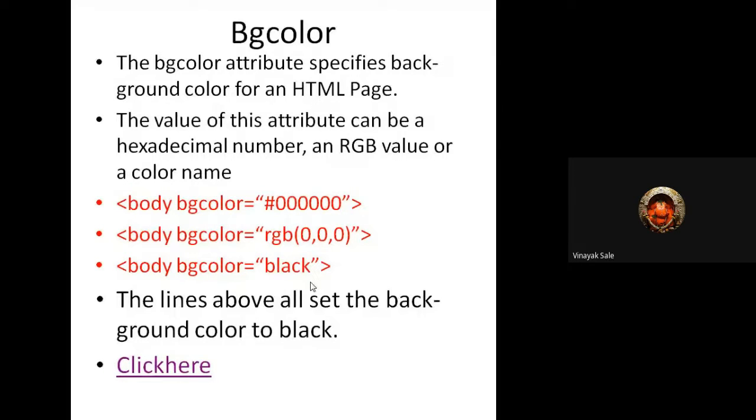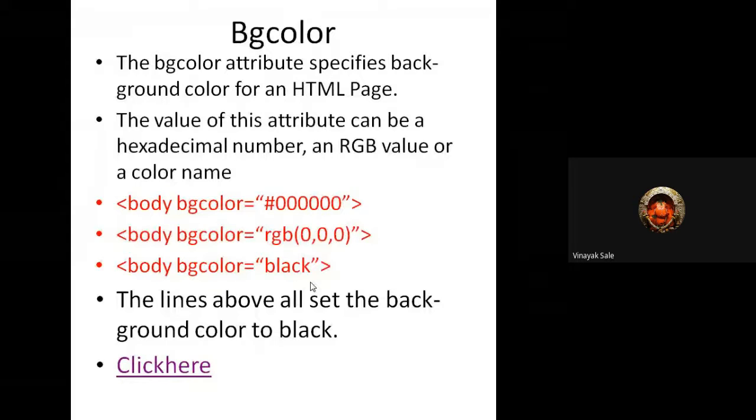Then we have seen the form action attribute and a submit button. Then we have seen the different tags. Then we have seen right now the background color, that is HTML backgrounds.